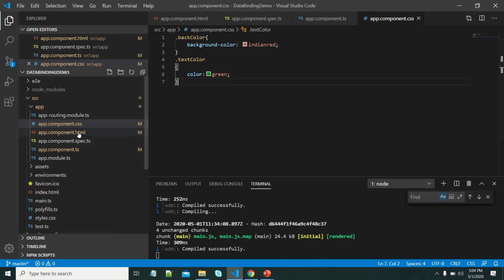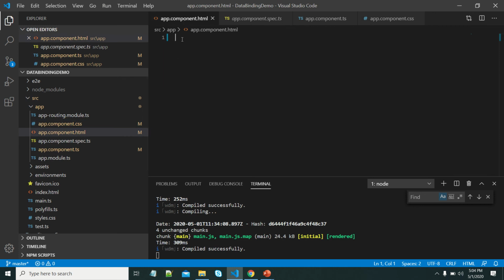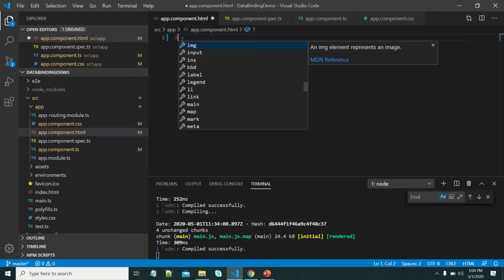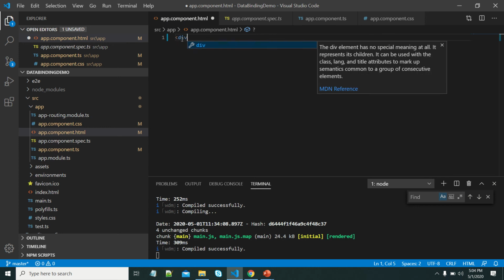If I want to apply these to an HTML element, let me take a div element.